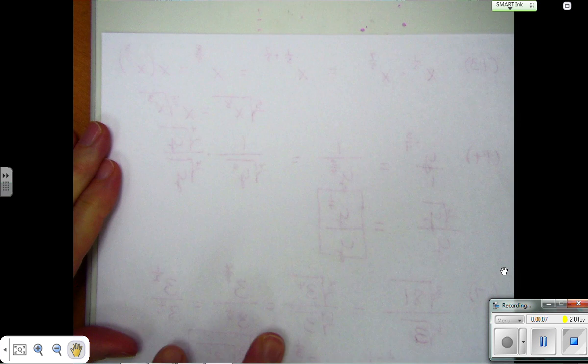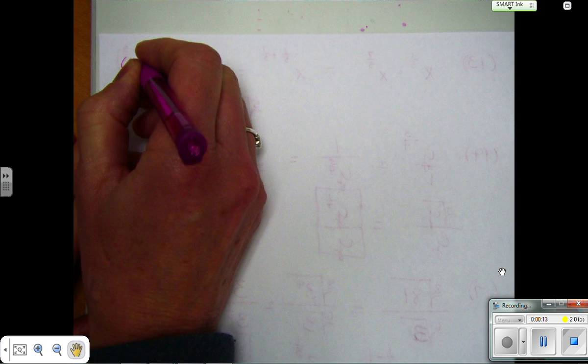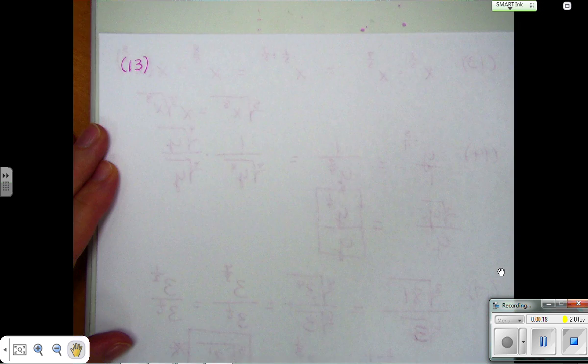Okay, so let's go over some of the examples at the bottom of the page. I'm not going to do all of them. I just want to do maybe 4, and then we're going to work some in class tomorrow. And make sure and make a note of things you don't understand. So on 13,